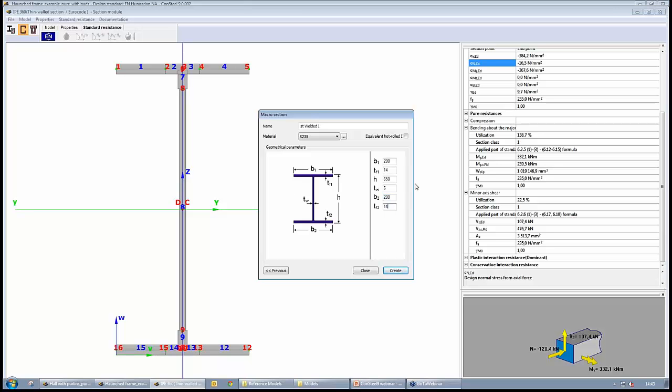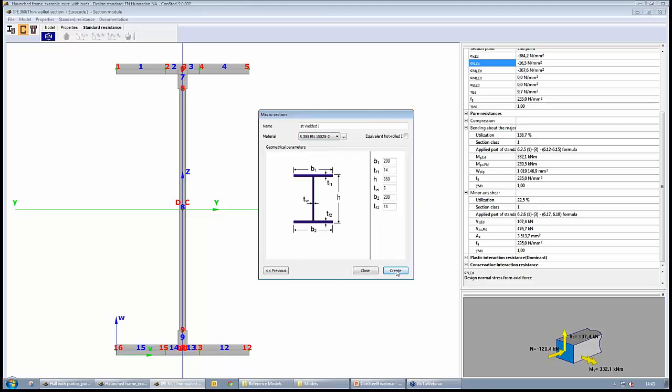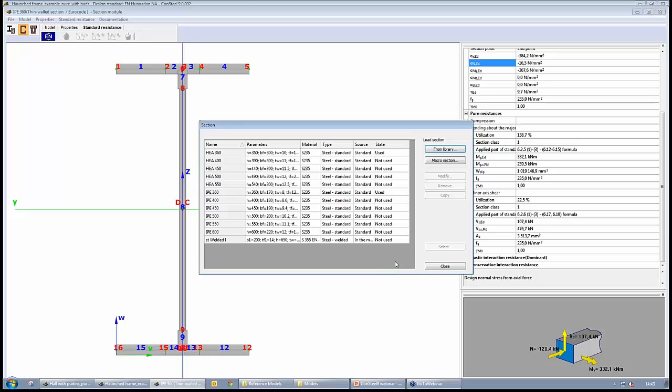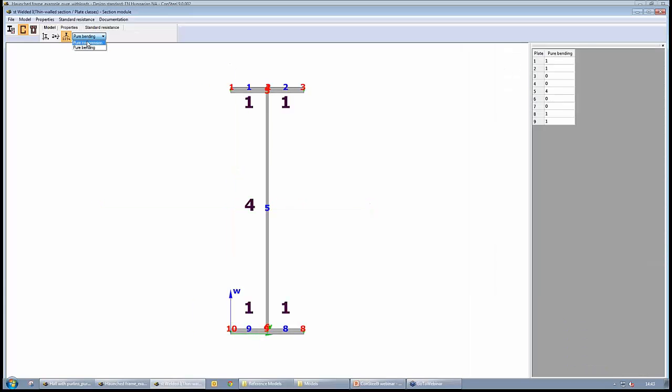So this is a parametric section with a higher material grade. I create this, and if I select this section I can see the classification, and we can see that for pure bending and pure compression the flanges are class 1, but the web is class 4. That's why the whole cross-section is class 4 cross-section, so we have to use the effective